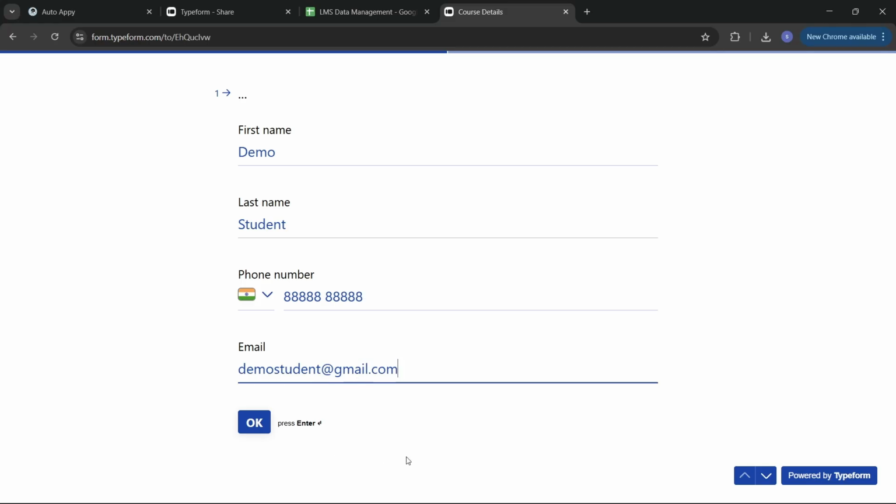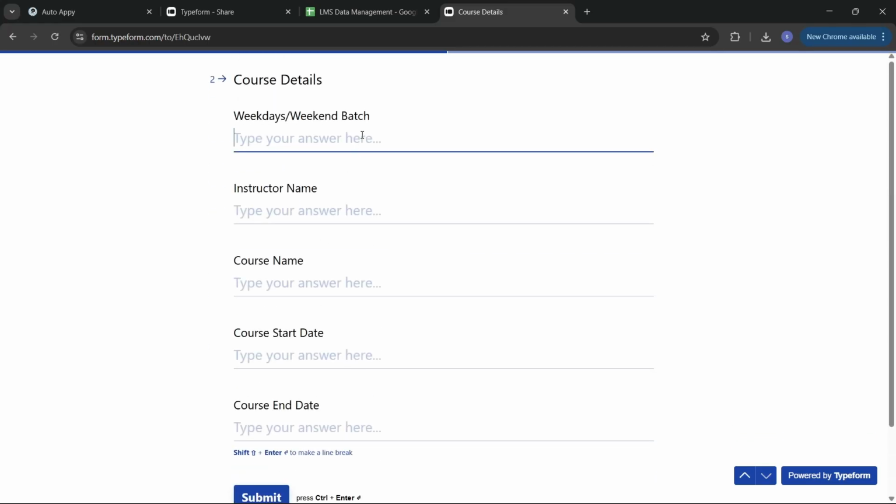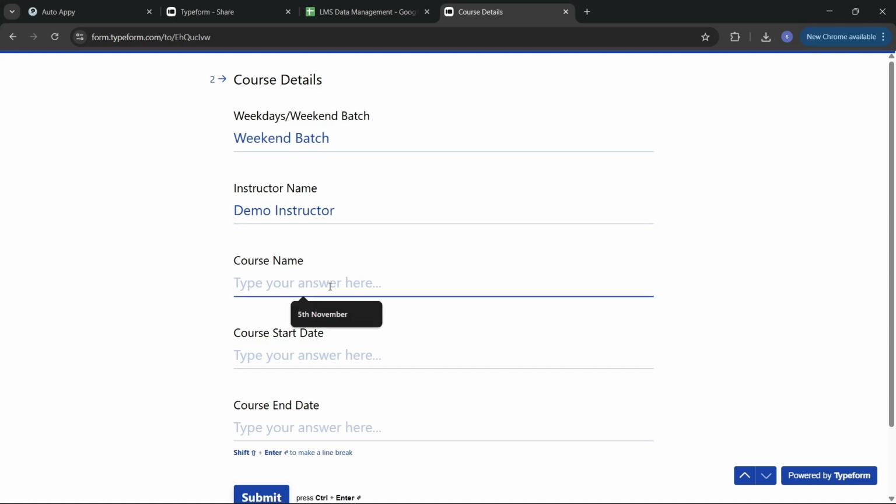Then I'll hit enter. Then in the course details, I'll say weekend batch. Then in the instructor name, I'll give demo instructor. Course name, I'll suppose say agent AI